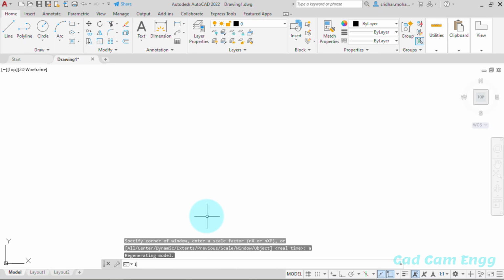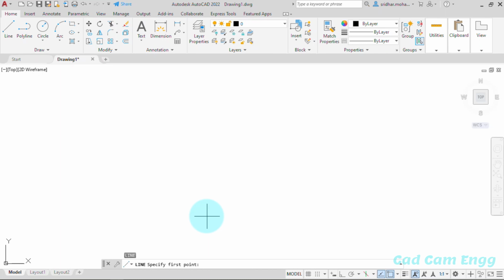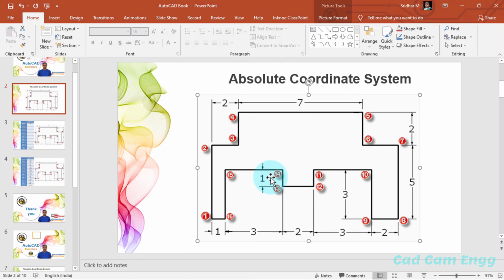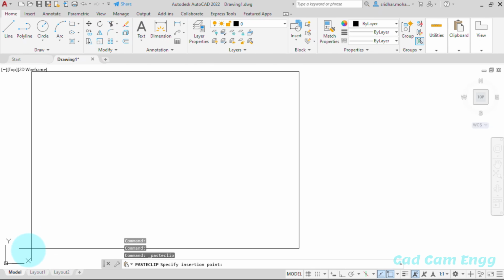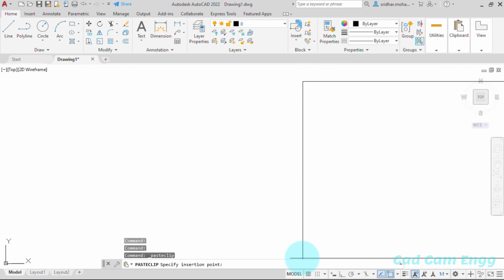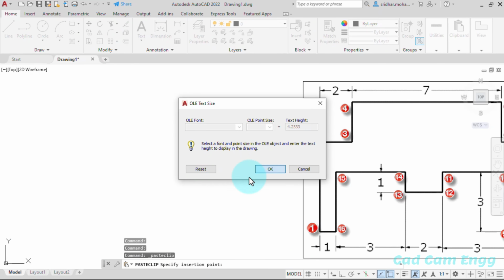So now I press L. You know very well L means the line command. If you need the reference drawing in your working area, that is the graphics area, just copy the image and paste here. So now I press the Escape button, minimize, and open that image. I need this image, so I select and copy using Ctrl C on my keyboard, then I paste into AutoCAD using Ctrl V. Just click OK.